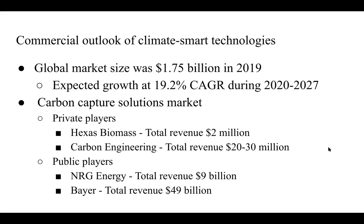So finally, the commercial outlook of climate smart technologies. As you can see, the global market size was about $1.75 billion in 2019, and it is only expected to grow during 2020 to 2027. And a couple of the key players, including private and public players, include Hexas Biomass, which is a biomaterials